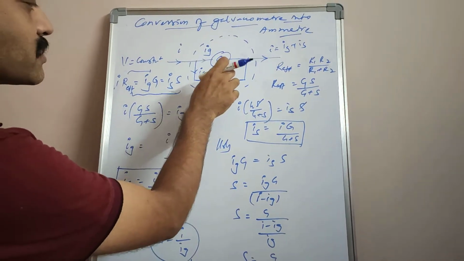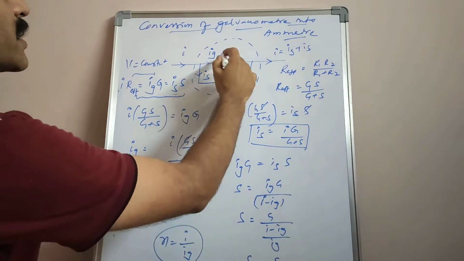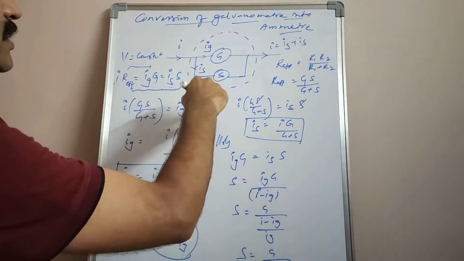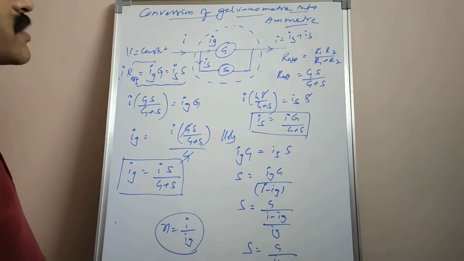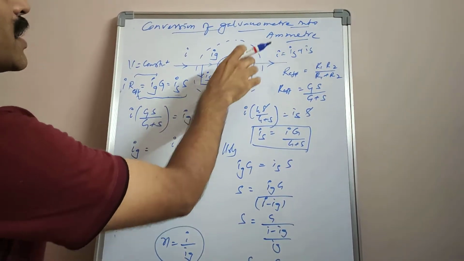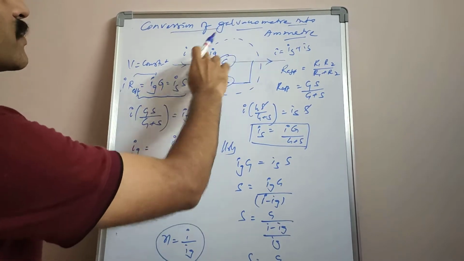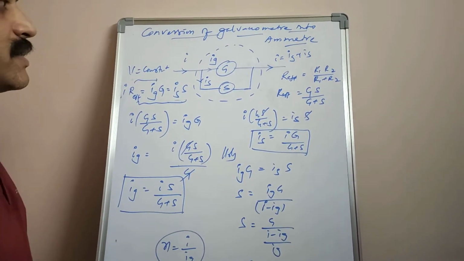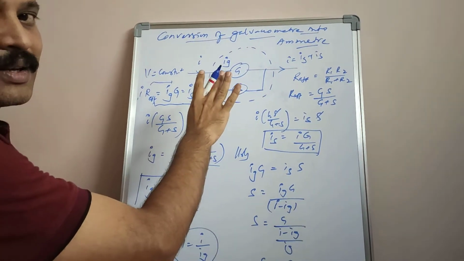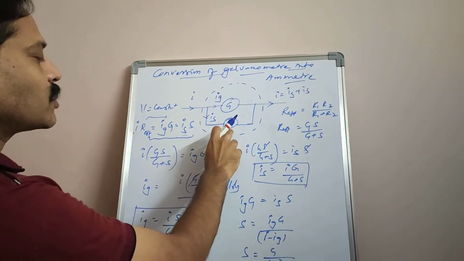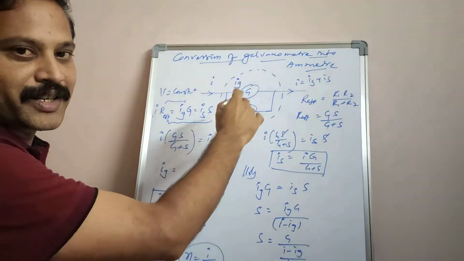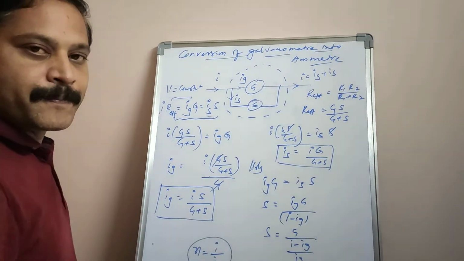So shunt resistance is a small resistance. Whenever we connect this in parallel, the effective resistance gets reduced, so that some high current passes through that circuit, which can be measured. And now this galvanometer is converted into ammeter, where this ammeter can be used to find the value of current in the circuit. So therefore, by connecting a small resistance called shunt resistance in parallel to galvanometer, we can convert galvanometer into ammeter.